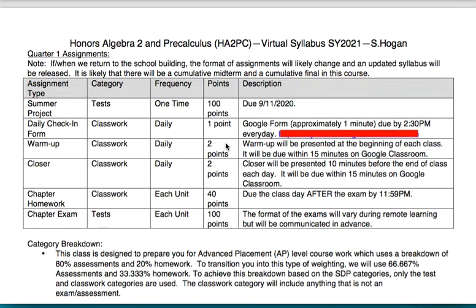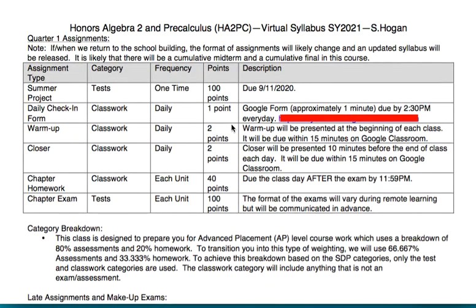It's your name, it's the date, it's what class you're in, and then there's a little spot for optional comments at the end. If you want to tell me a funny joke, or tell me that you're having a really hard time because somebody at home's sick, or tell me that your brother's driving you nuts because he keeps stealing your phone or your video game controller or whatever. I don't know. Or you can tell me nothing, but it's just a check-in form. You don't get more points or fewer points based on anything. You get 1 point for filling it out.